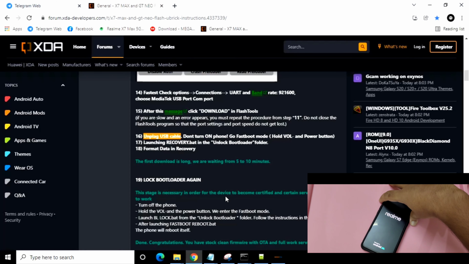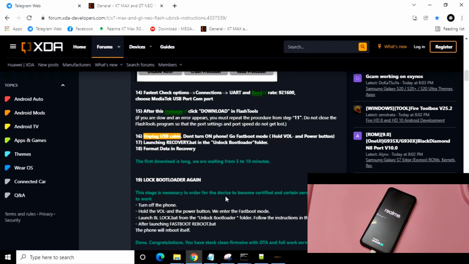Let's see if it is routing into the system or not. Once after launching the recovery, I have wiped it. It is now redirecting. Let's see if we will get the Realme logo or not. Right now we got the Realme logo.